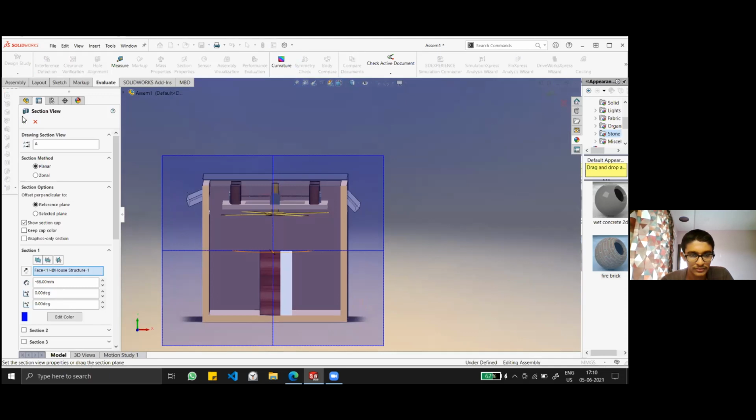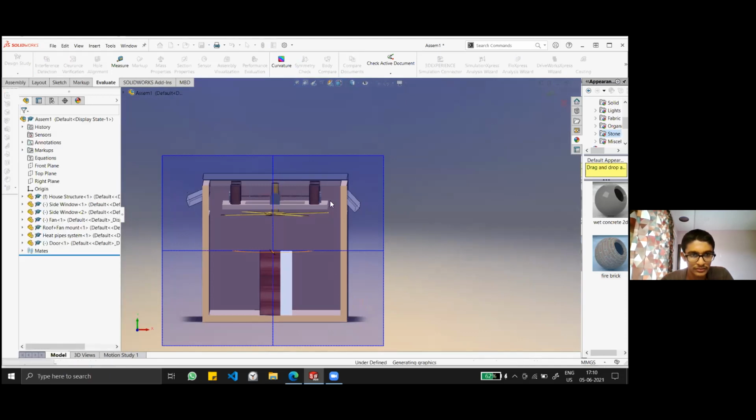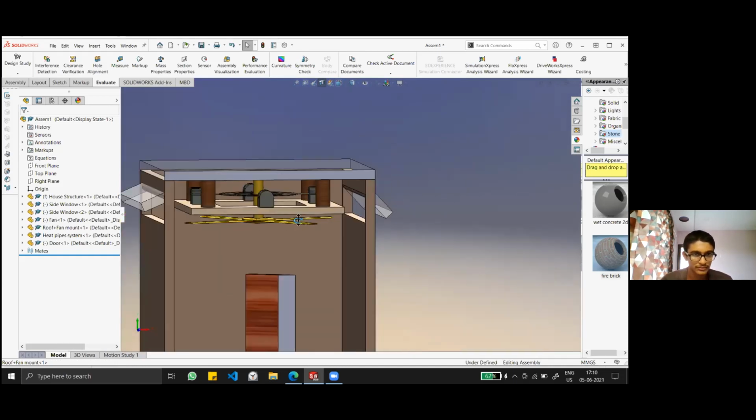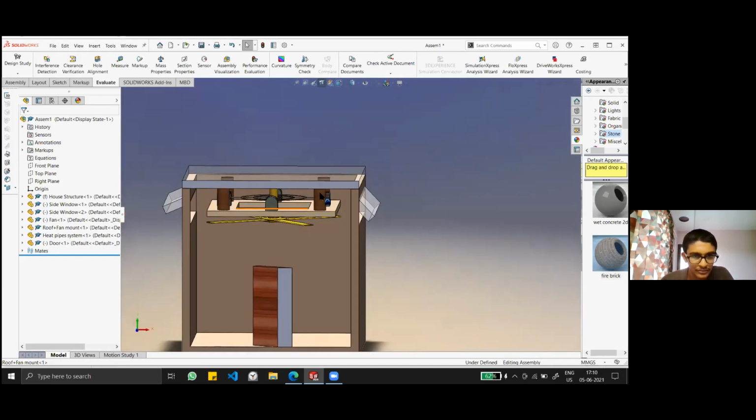Right, from this. So this is how this whole system looks. So we can very conveniently install and uninstall this unit.